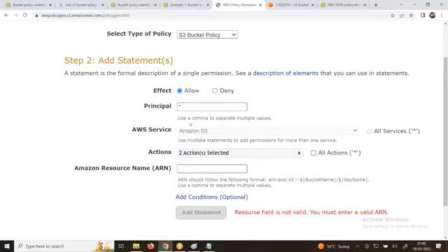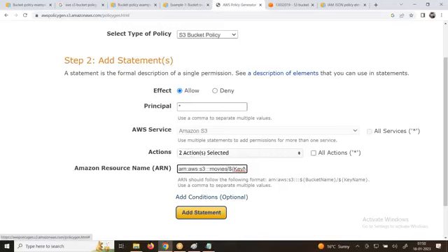Okay. So I selected S3 bucket. What is the ARN of your bucket name? The ARN of a bucket name looks like this. I want to provide only to the Telugu folder. Let's take an example: Telugu folder for Telugu movies only. What is my bucket name? I can say my bucket name is equal to movies example. And what is the folder I want to provide? Telugu. Telugu movies / star.